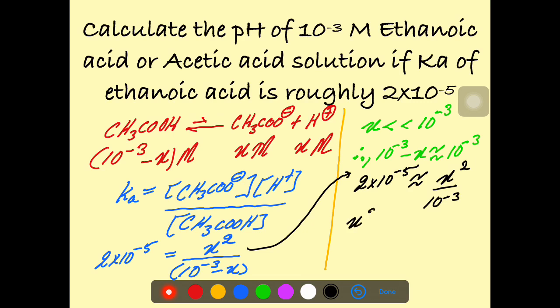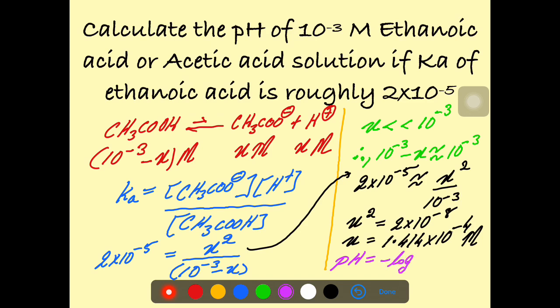So X square will be 2 into 10 raised to minus 8, and therefore X will be square root of 2 into 10 raised to minus 8, which is 1.414 into 10 raised to minus 4 moles per dm cube. So the pH of the acetic acid solution, as X represents the concentration of H plus ions, will be negative log of 1.414 into 10 raised to minus 4, and that is